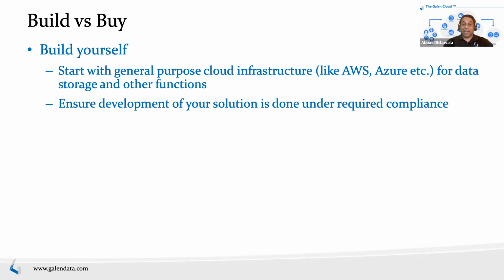Again, this whole lifecycle aspect is important in any software development. Security configuration: a lot of these general purpose infrastructure target a wide variety of users, so the security configuration may not be what you need, right? For example, AWS may say, we are HIPAA compliant. Generally that means they have controls that can be enabled to be HIPAA compliant, but they may not be on by default. So you have to know what those controls are, and make sure those controls are configured properly.